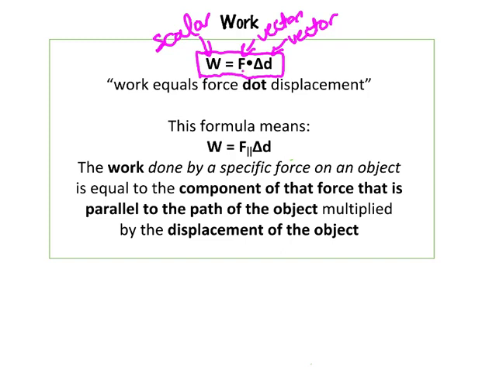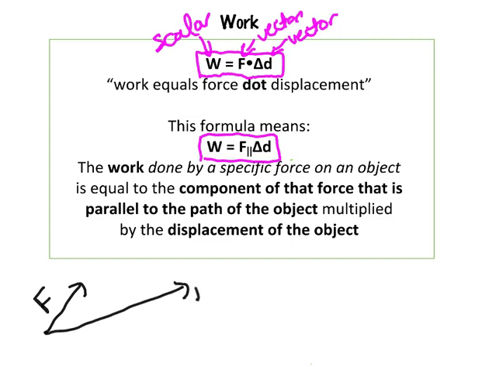The next is that dot product is related to multiplication, but it's not the same thing. What a dot product actually means is take the component of your force vector, which is parallel to delta D. So those two vertical lines mean parallel. Then you're looking for just the component of force which is parallel to your displacement, and then multiply that by all of your displacement. So to kind of draw that out, let's say you had a force vector like this,